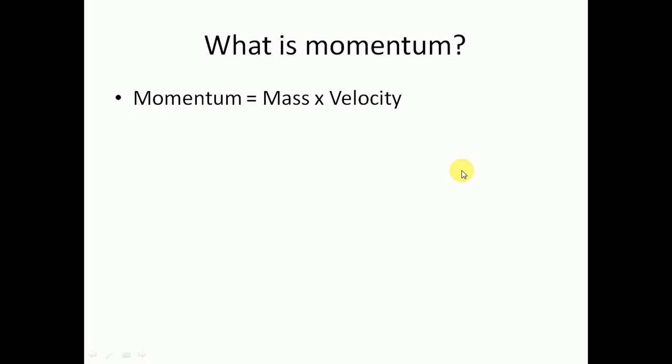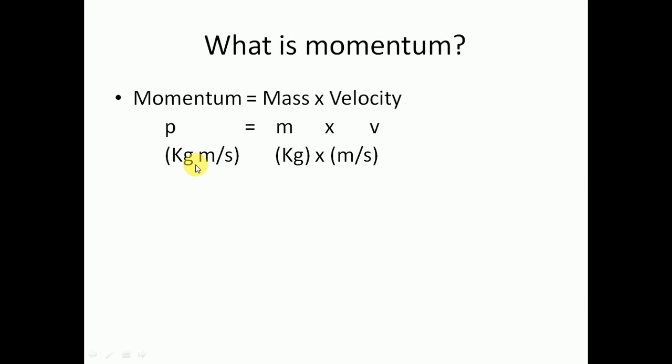Now, as with so many of the other formulae that you have to remember for P2, this is actually one that you don't need to revise because it is given on your formula sheet. However, you will need to remember the units for momentum, mass and velocity, and they are given as follows. So mass is measured in kilograms, velocity is measured in meters per second, and momentum is measured in kilogram